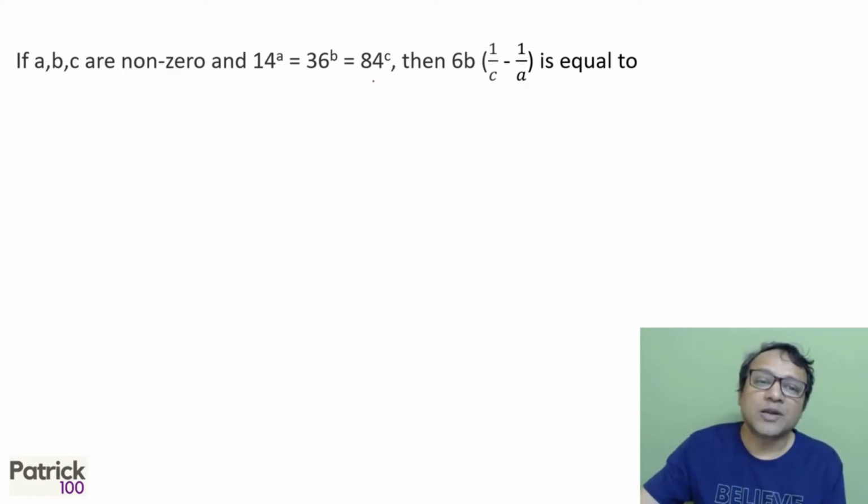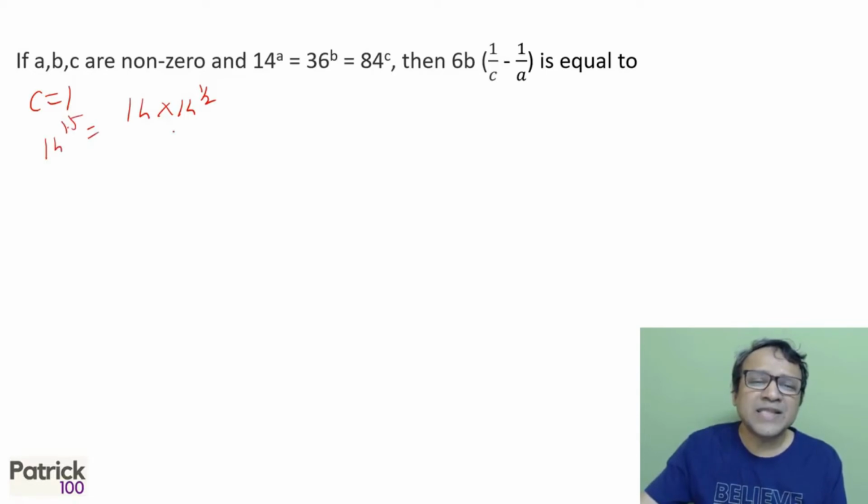So how do you approximate? So first I took c equal to 1. Okay, you can assume numbers when there are variables. If c is 1, now if you look at 14 raised to what will be 1? So I checked out 14 raised to 1.5. I mean 14 square is 196, I know. So I take 14 raised to 1.5. 14 into 14 raised to half.